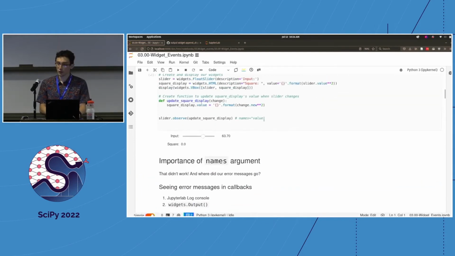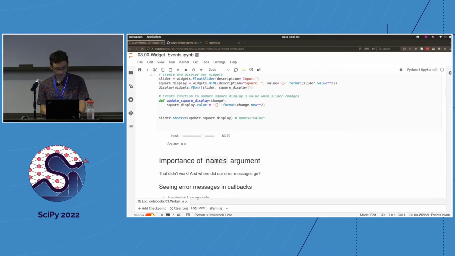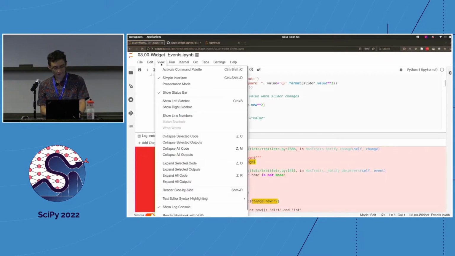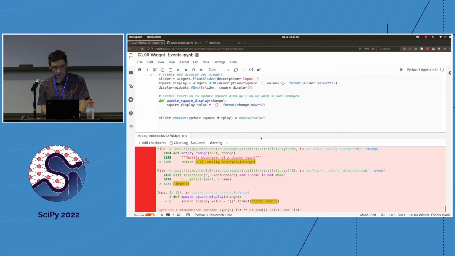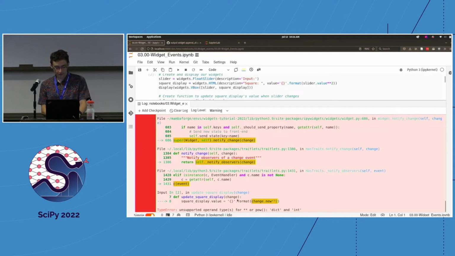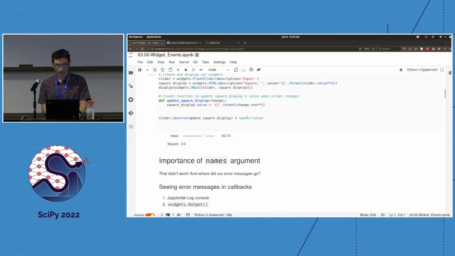To figure out what was going wrong, there are actually 2 approaches we can take. One is the JupyterLab log console, which for me sometimes shows up down here and sometimes does not. You can also see it if you go to View, Show Log Console. When you read that, you can see that we're getting an unsupported operand type for ** or pow: dict and int, which is confusing, because a slider should only have a number, not a dictionary. A number should be an integer. So in order to investigate a little bit more deeply what's going on,